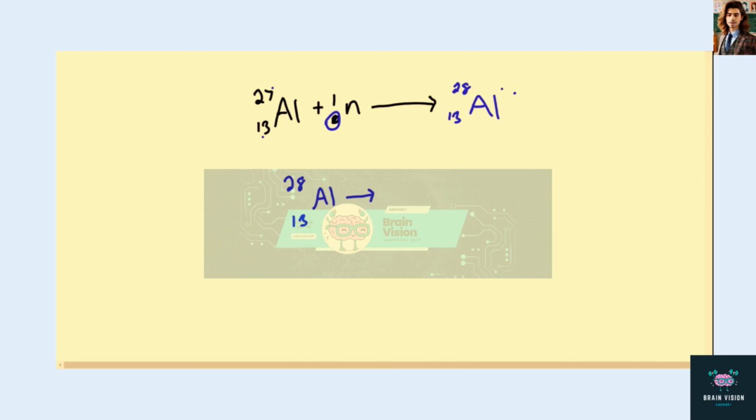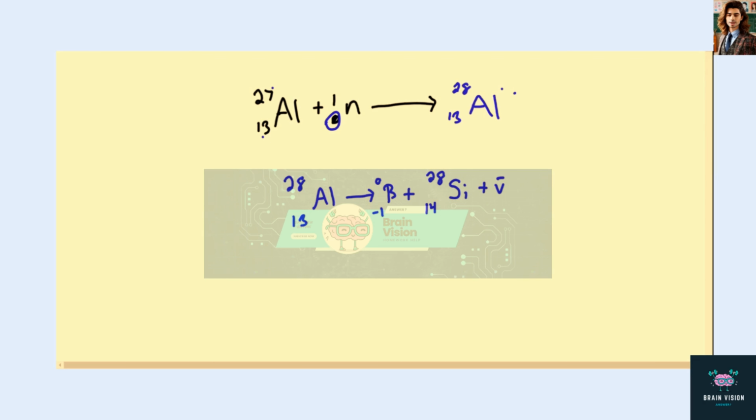Then it undergoes a beta negative. And I'll write the reason why in just a second. And we see that. So it becomes plus 28. Okay. And then it's going to be 14 Si